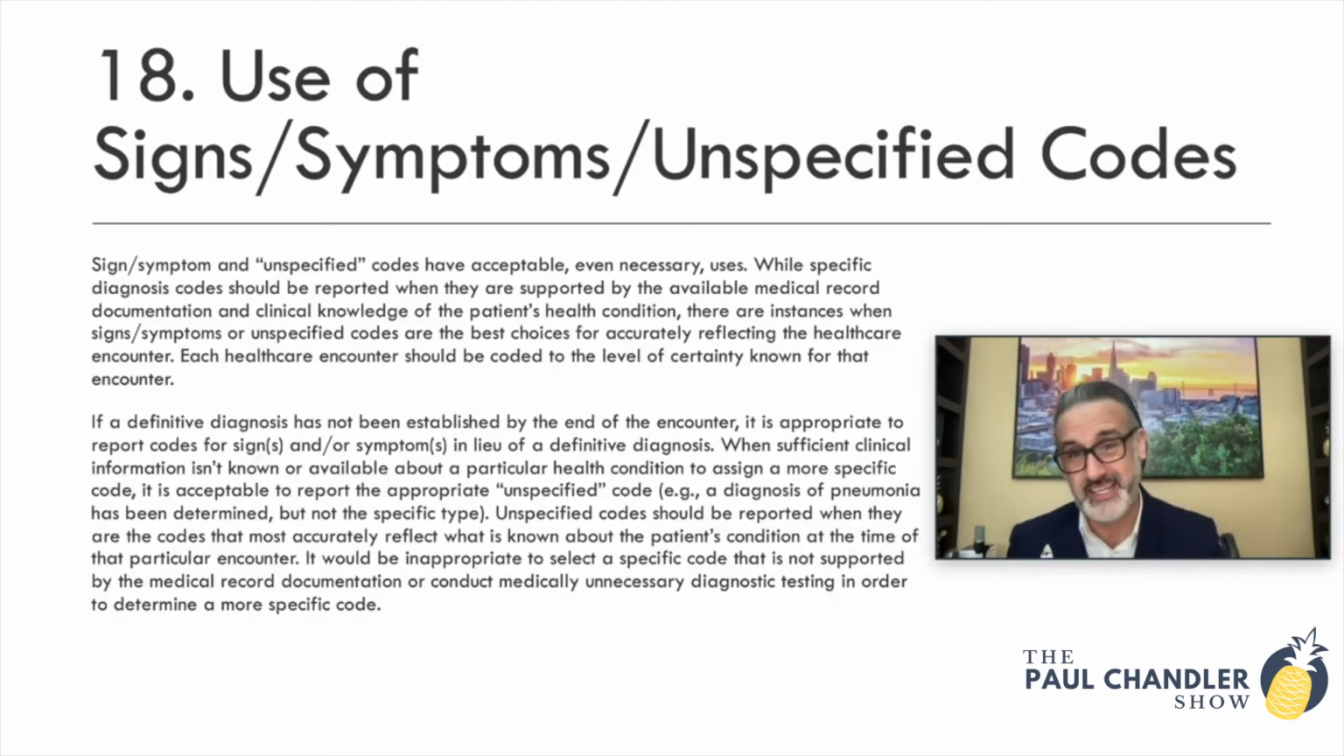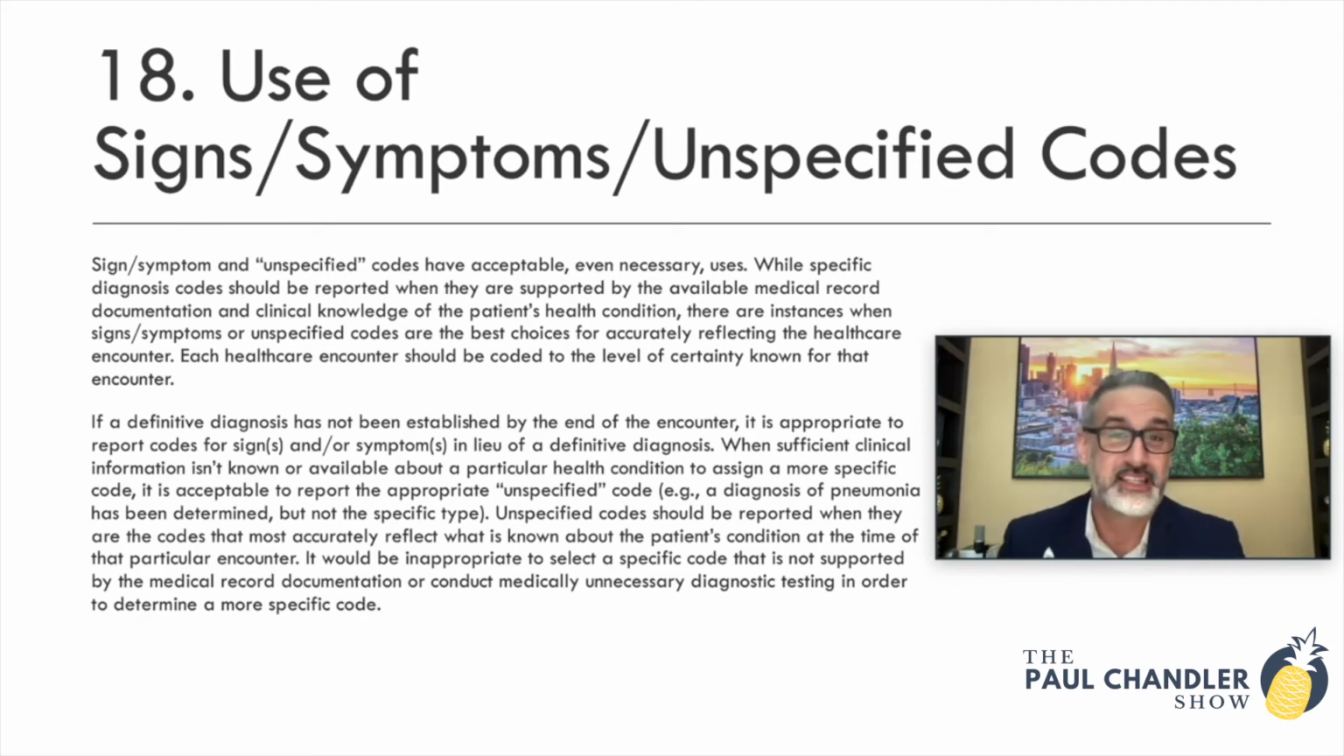And we have part number 18 and part number 19. So part number 18 here, use of signs, symptoms, and unspecified codes. And just like we had for section 1, part A, we have some redundancy here in section 1, part B, because we already really just discussed the signs and symptoms and unspecified codes. But just to be redundant, because that's what they have us do in the guidelines here,